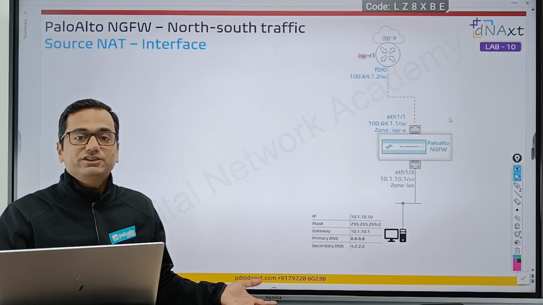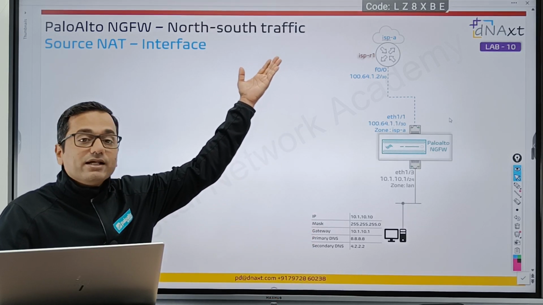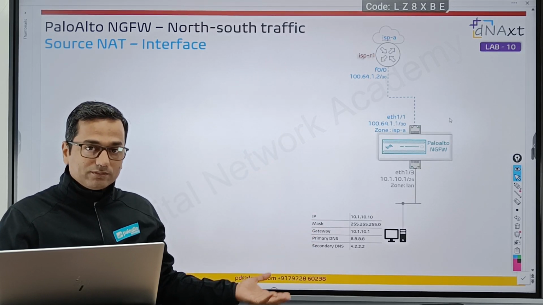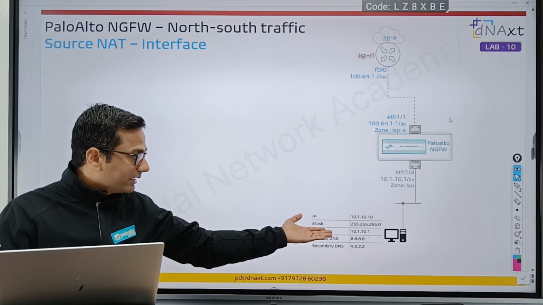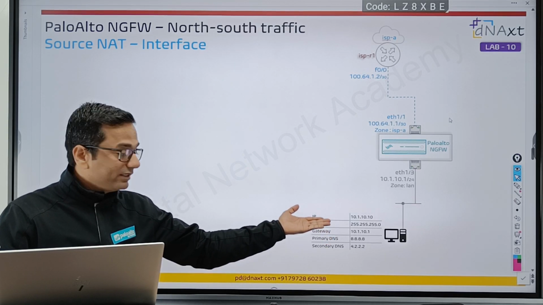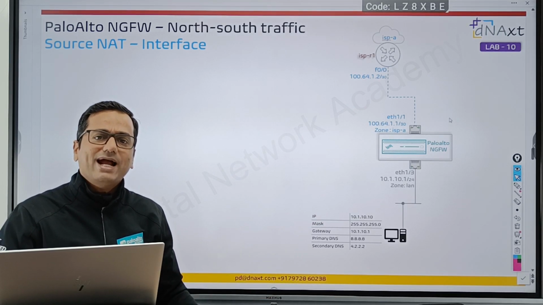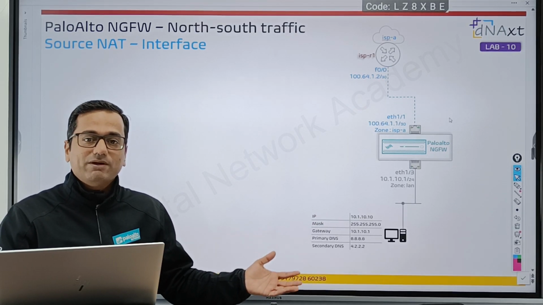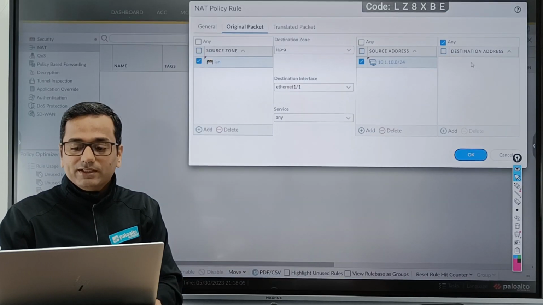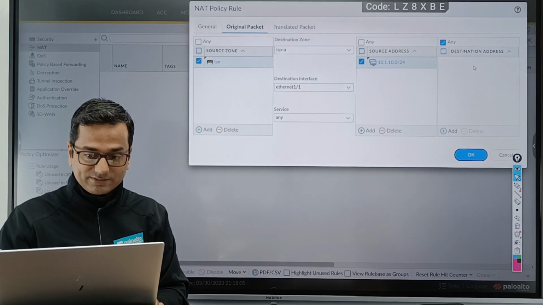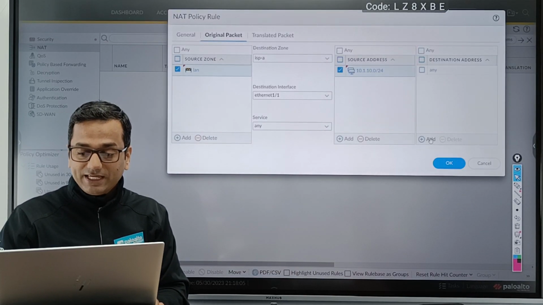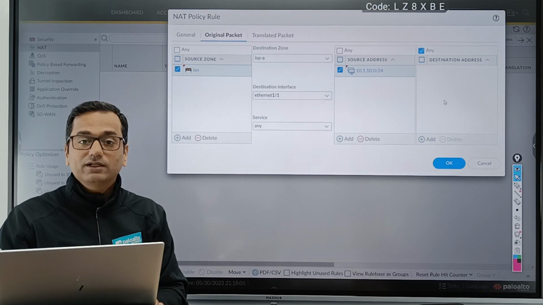I don't know the destination IP address, because the internet is unknown to me. What will the destination IP address be when this machine tries to access the internet, Facebook, maybe LinkedIn, or so many websites? So the better way is to define the destination address as any. You can just click on any.